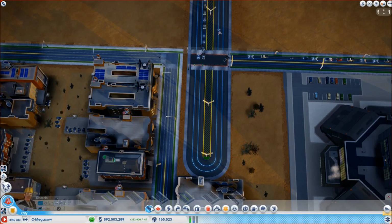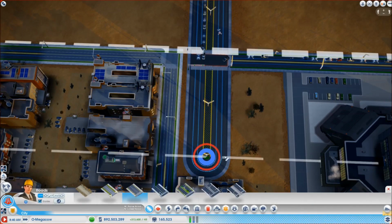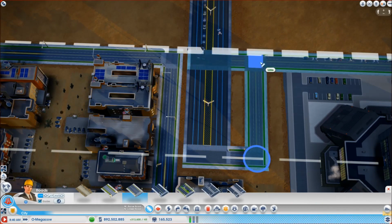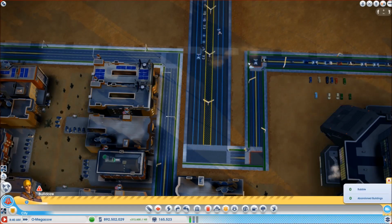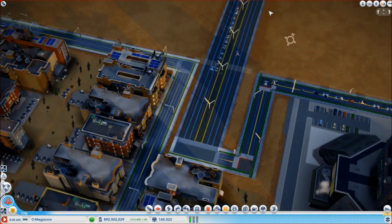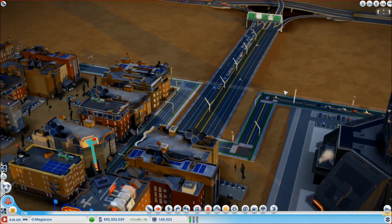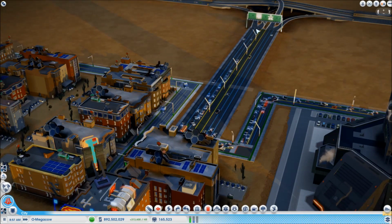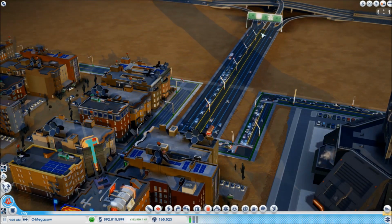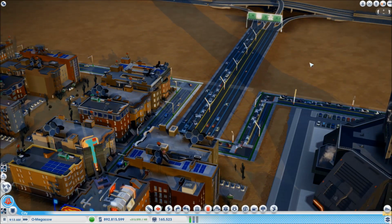Okay, so put in a little road there, a little road down there. Get rid of that little bit there. Now watch what happens to the traffic, because this is just awesome. Now there's no traffic lights, so they don't have to stop, and you just get a continuous stream of traffic,